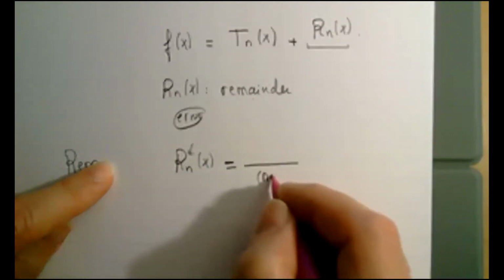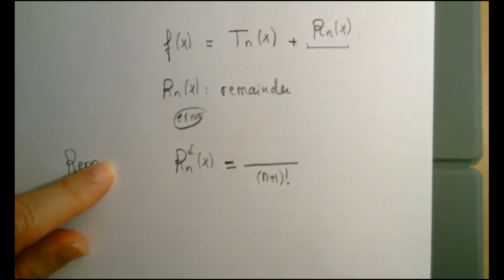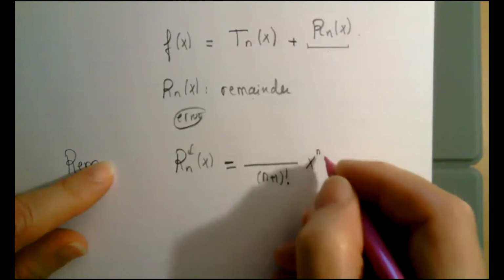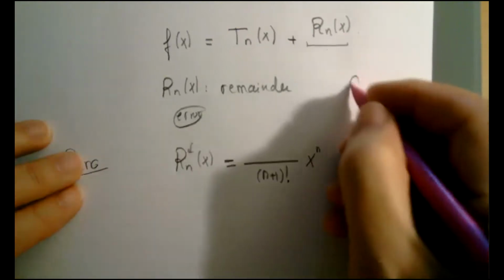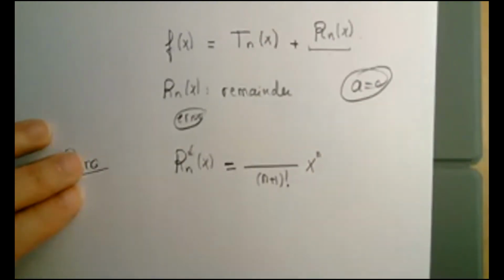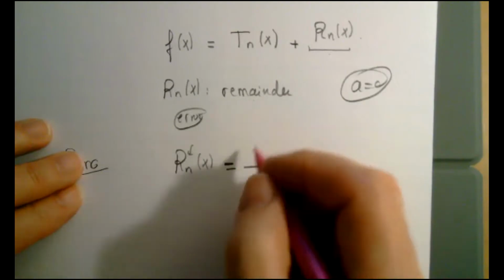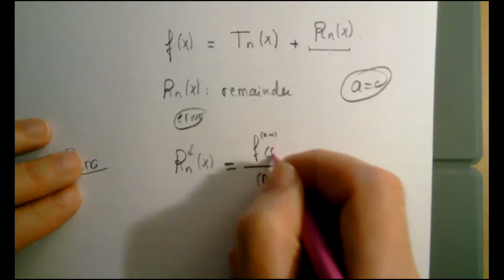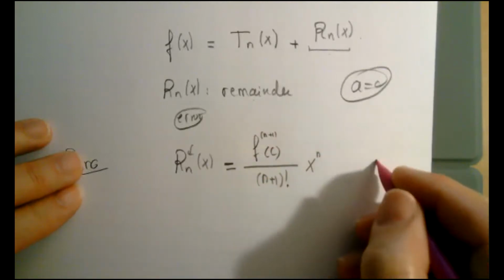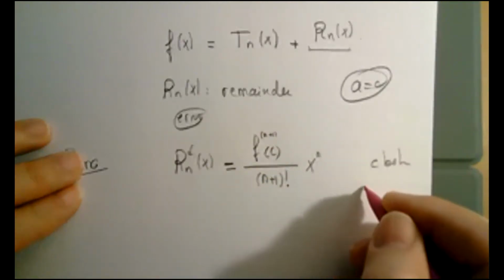The denominator is n plus 1 factorial. The numerator, let us assume I'm doing it at a equals 0 just to make the scenario easy, is x to the n plus 1 times the n plus 1 derivative at a certain point c,